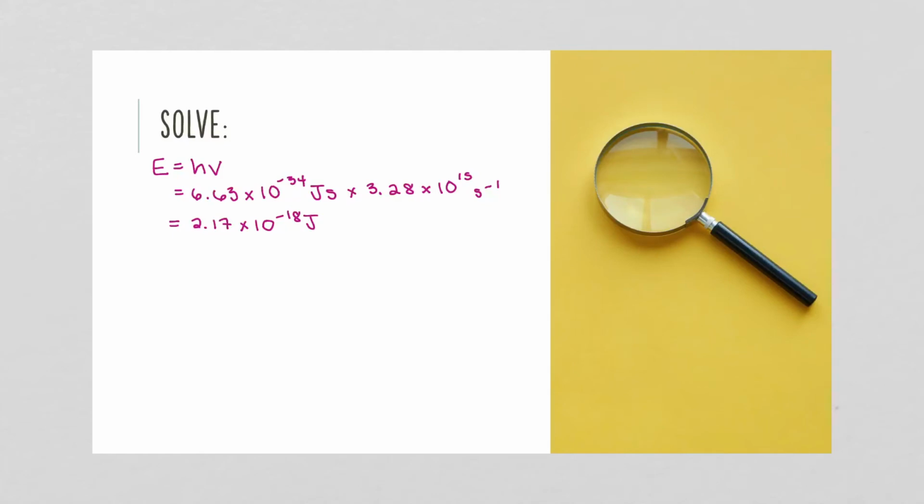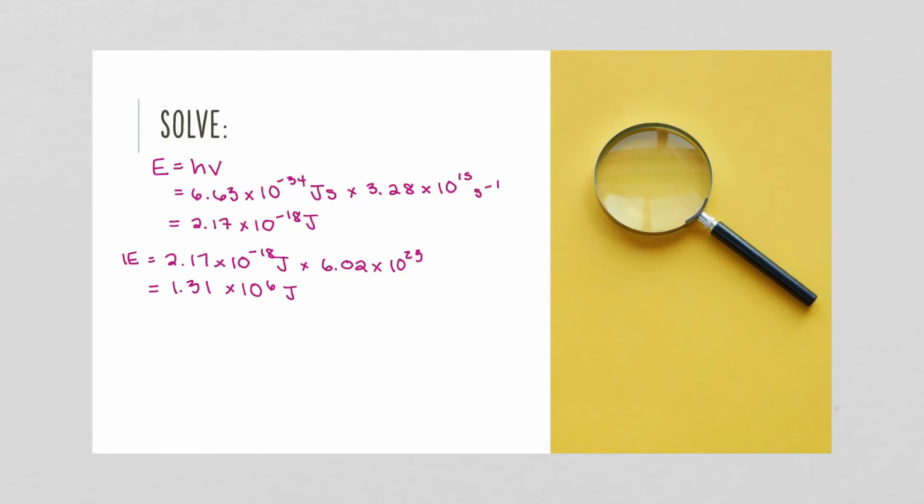So the ionization energy is going to be equal to 2.17 times 10 to the power of negative 18 joules times 6.02 times 10 to the power of 23 particles per mole. So that's going to be, for each mole of hydrogen atoms, 1.31 times 10 to the power of 6